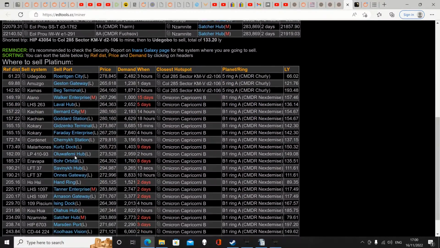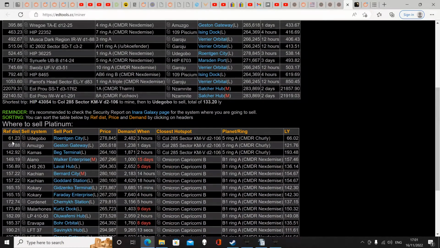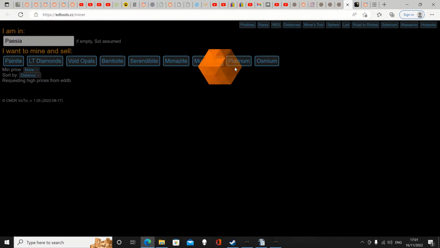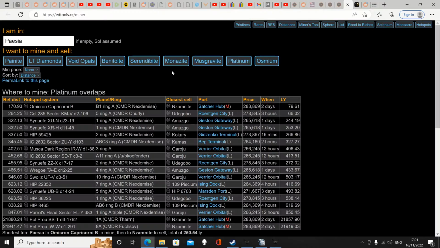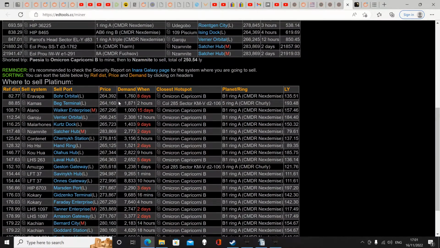And also, if you've got the platinum already, where do I sell it? You'll see that from this place. Well, let's put where I am, and then you can see how it works. The markets move around. So if I put that there and click on the platinum, did I do it right? Hopefully. Right, yeah. So here you can see I could get